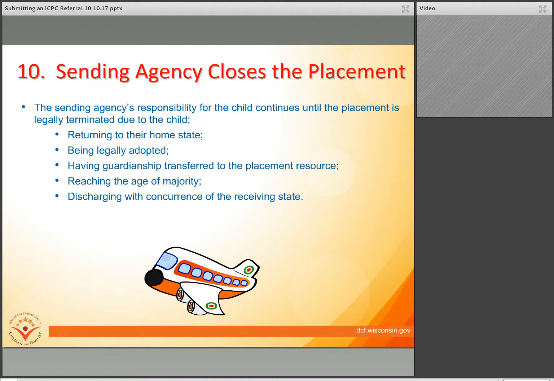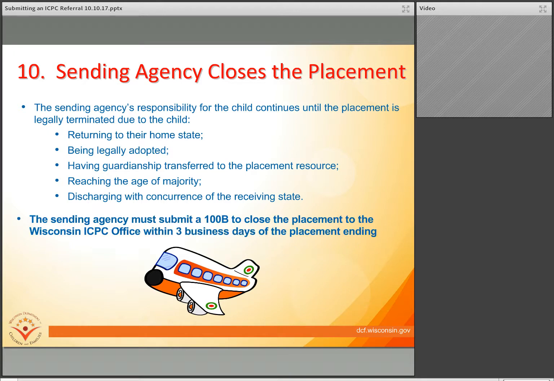And so once the receiving state gives concurrence for any of the discharge reasons above, and your agency is ready to close placement of that child, you must submit the 100B to close the placement with the Wisconsin ICPC office. And you should do this within 3 business days of the placement ending. This will allow the ICPC specialist to then close the ICPC record, which will then allow you to close your case in eWisAquis, if that is applicable.